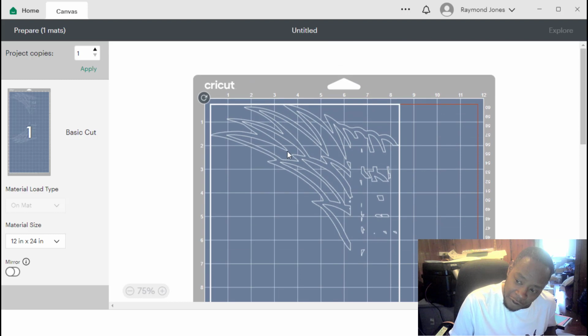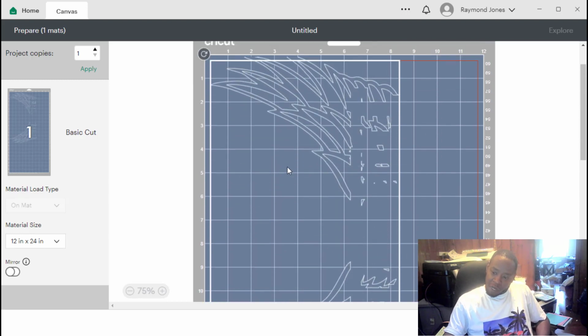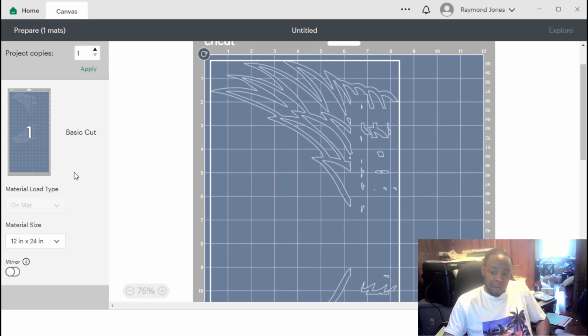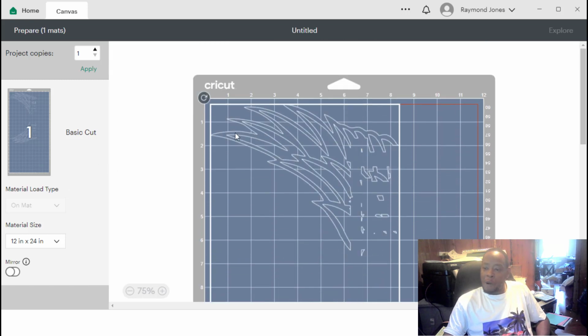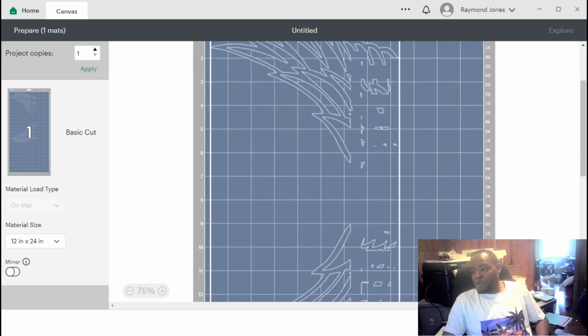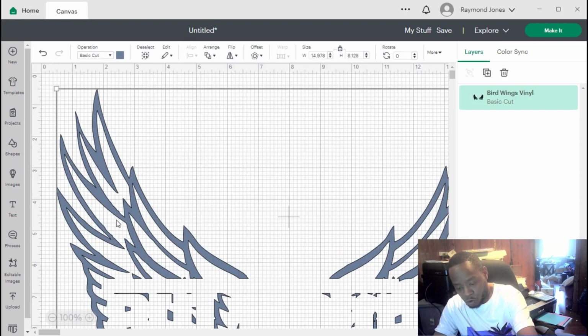Boom. And it actually turned it sideways for you. It's pretty much ready to cut. You don't need to mirror it because it's already mirrored, y'all. I already mirrored it for you. So you would just hit continue and you will cut that part out. Next, you'll move on to